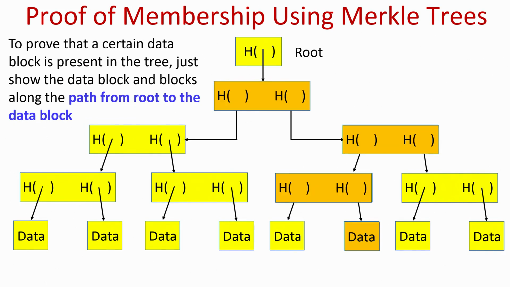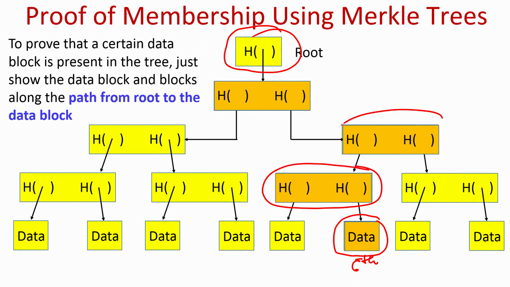So, let me demonstrate what I am trying to say. Imagine I have the up to date root pointer or root hash value, and I ask a person who is maintaining a full copy of the Merkle tree to please give me the sixth block here: 1, 2, 3, sixth block. And he gives me the sixth block. If I consider the path from the root to the sixth block, the nodes occurring along that path are now highlighted. What that person has to do is give me the sixth block, and along with that, all the binary strings along these highlighted nodes.